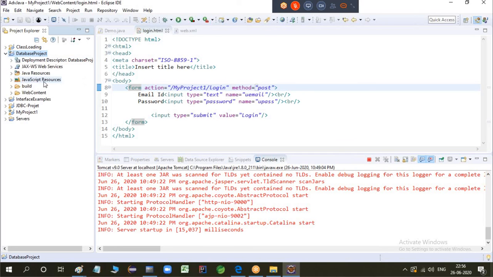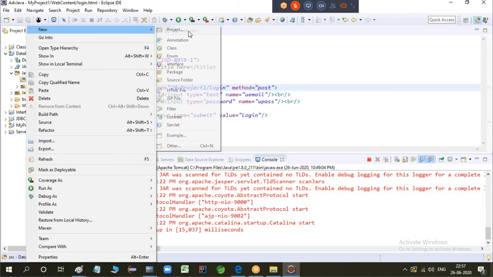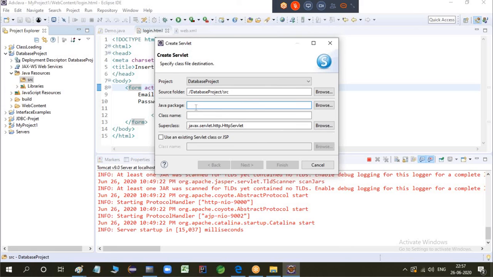and let's go to the while creating the project 2.5. Okay, we'll see that I already created. We can create one more project for that, but for now, let me create a servlet and data sample class, database demo, and click on next.